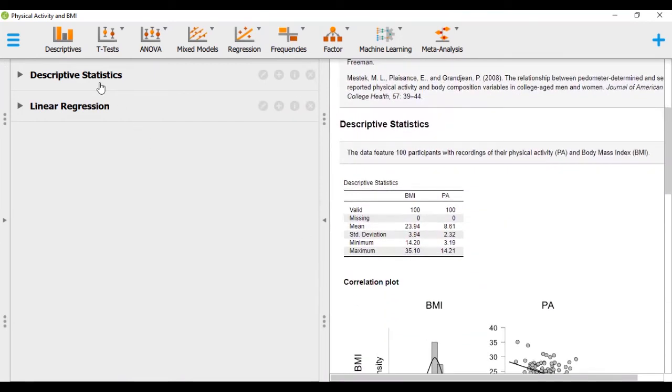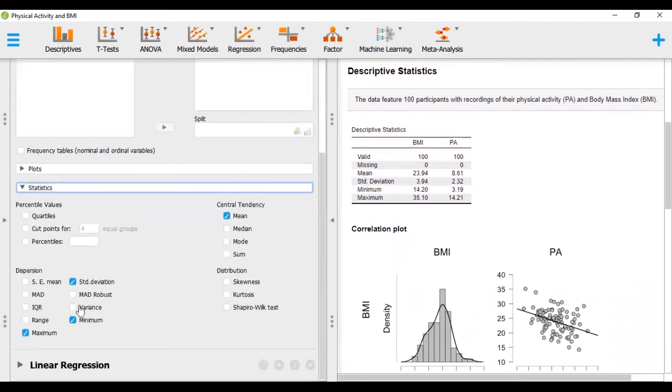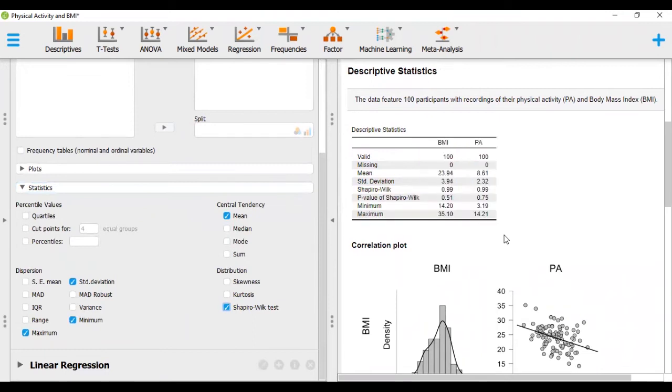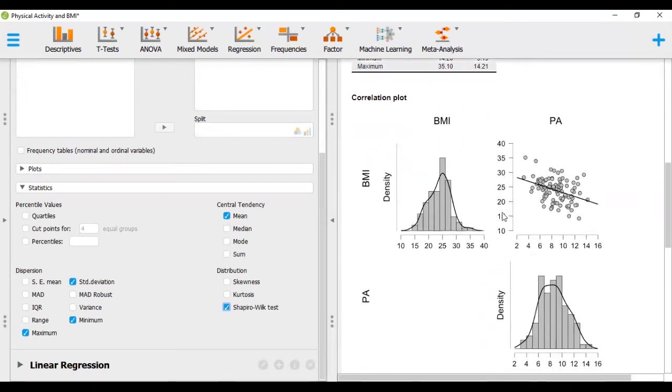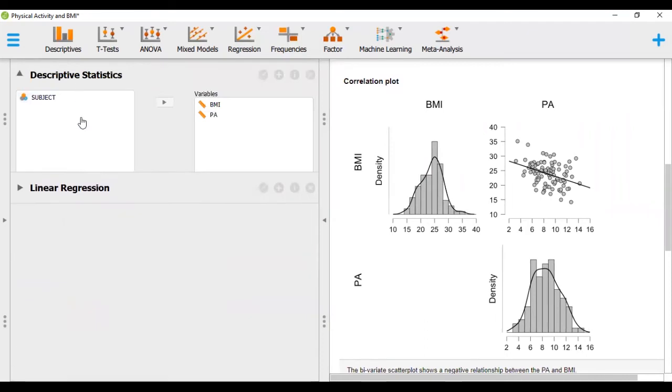When we go to the descriptive statistics, we have the opportunity to test whether our data set is normally distributed. We recall that when our data set is normally distributed, then we can use the linear regression model. From the Shapiro-Wilk normality test, we realize that our data set is normally distributed because the p-value is not significant. And looking at the visual inspection, this looks quite normally distributed, following the normal Gaussian distribution, as well as this. Now, when we go to the linear regression,